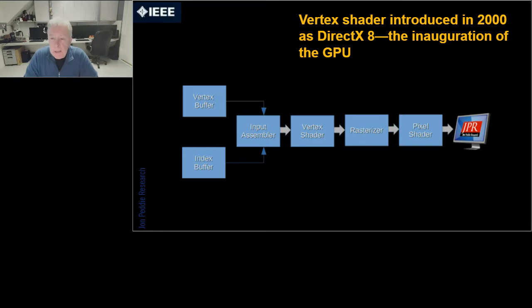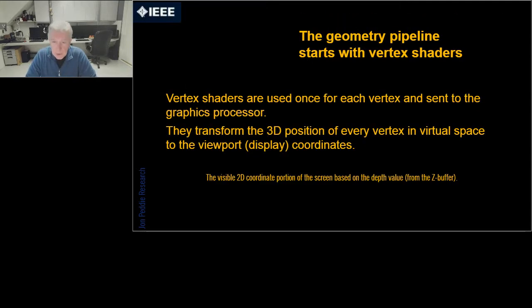And so that led us into the geometry pipeline, which begins, as I mentioned, with vertex shaders. We basically have to transform the virtual space of a 3D model, which is arbitrary, into the visual space of what's on the screen. And that sounds kind of straightforward and easy, but it really isn't, because it's a three-dimensional matrix problem and everything moves or can move. And so therefore you have to have control of everything. And that's the tricky part.